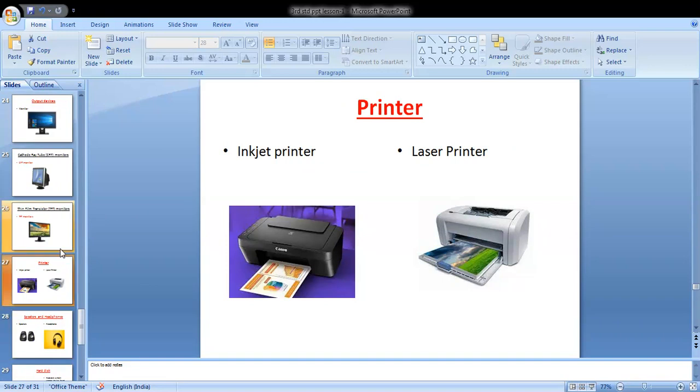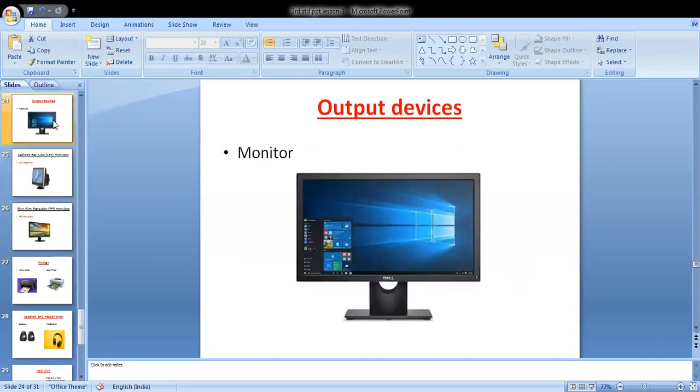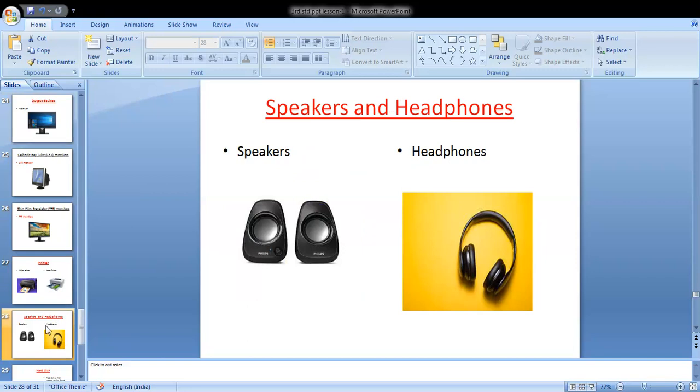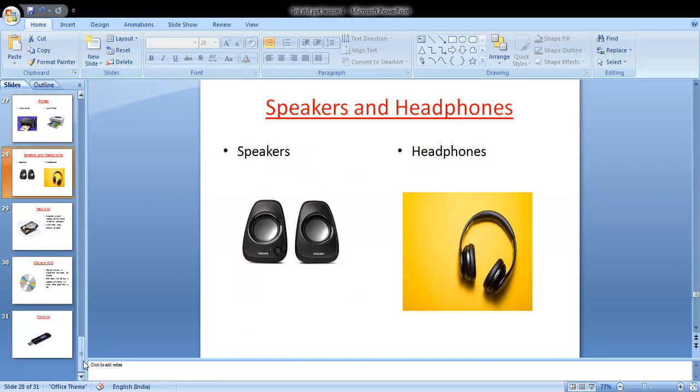No, mouse is an input device. Output devices: monitor, printer and speakers and headphones are the output devices. Okay, understand?